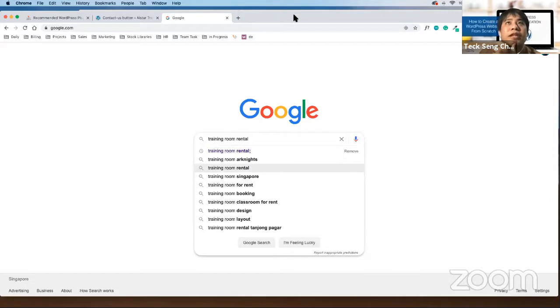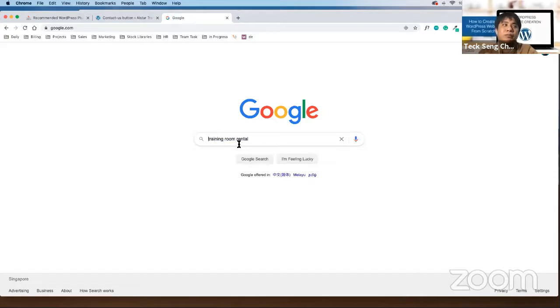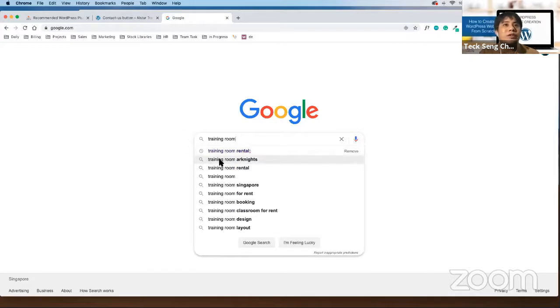You want to write down a few. Usually we will start with 10 keywords. For me, I'll start with 10 keywords. Normally I will use 7 keywords to describe my service, and then 3 more keywords to include my company name. For example, I will do all-star training room. You realize that one of the suggestions is training room org night, and org night may be one of the companies itself. So I will also want to put training room all-star in my keywords. So usually I will have 10 keywords.